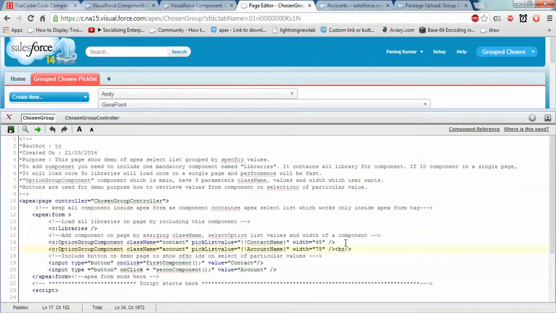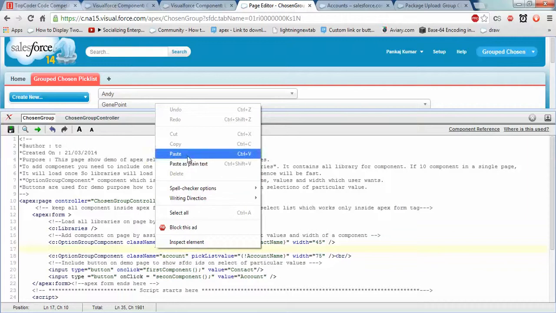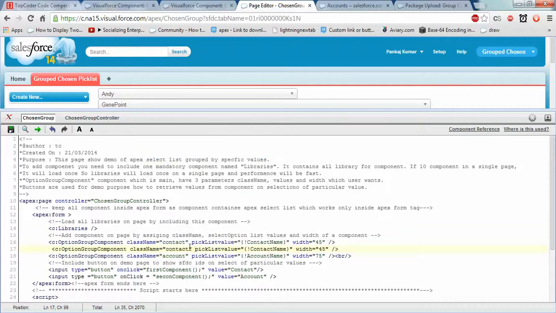Let me add another component, like copy. Width should be 55.